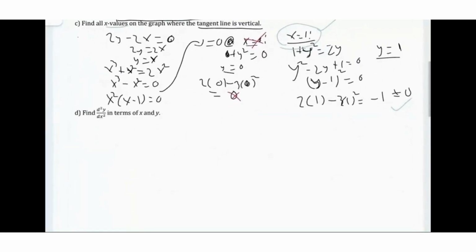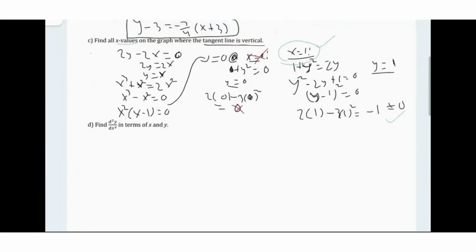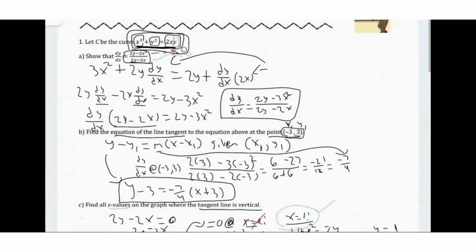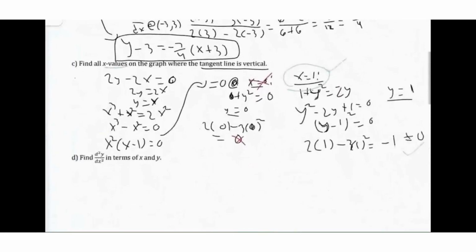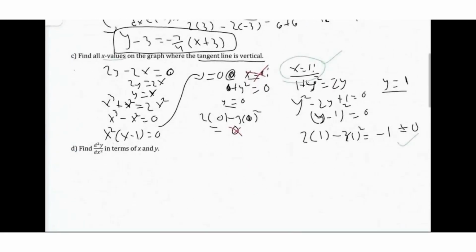Finally, find the second derivative, d squared y over dx squared, in terms of x and y. The way you always want to approach this, don't get really startled. Just consider that to find the second derivative, you just take the derivative of the first derivative. And you already have it right here. It looks like we're going to use a quotient rule on that. So let's do that. So d over dx, the derivative with respect to x of (2y minus 3x squared) over (2y minus 2x)